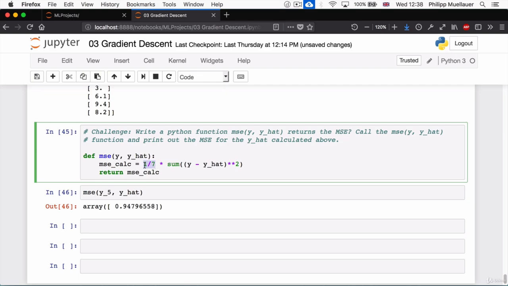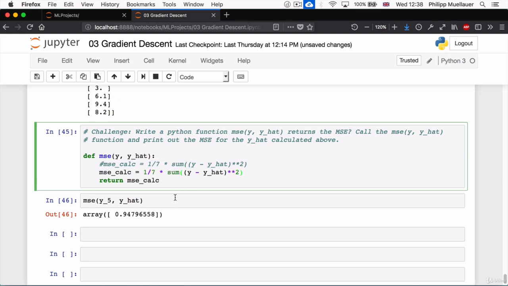Now, there's one improvement that we can make to this function. So this 1 divided by 7 will probably be bothering you a little bit because it's hard-coded and it would only calculate the mean squared error correctly if we had 7 data points. If we had 8 or 9, then the mean squared error formula wouldn't be correct anymore with this Python code. So I'm going to comment this out, but I'm going to copy it, paste it below,